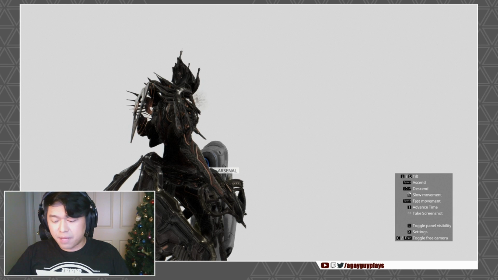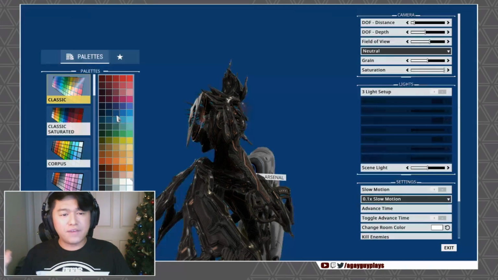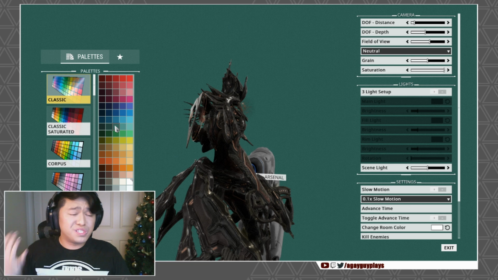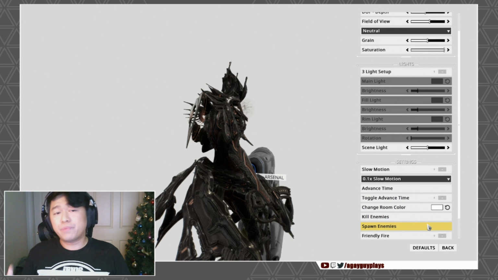And there's a couple different things that you can do in this one that you couldn't do with the other scenes. You can change the room color, which will help you color key out certain things so that it's a little bit easier for you to tweak, which is really nice. And you can also actually spawn enemies in this room, which is not something that you could do in the previous Syndicate rooms. None of them were able to do that, not even the Loon Arrow one, which you would think,